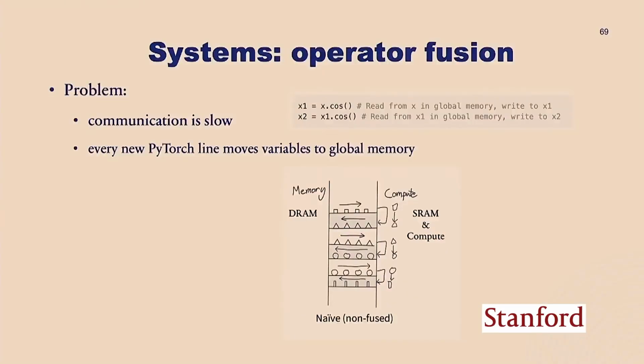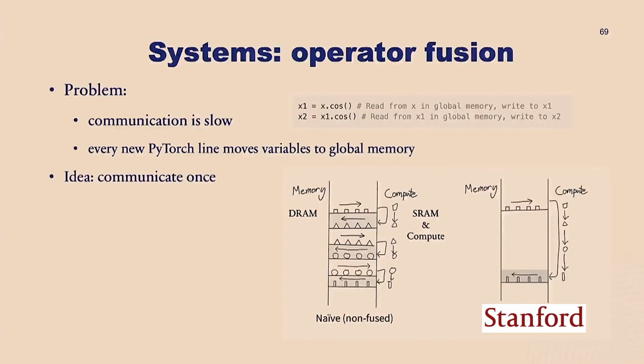Another way to see that is that you go from your DRAM, which is the global memory in your GPU, and you ship it to compute, and you ship it back for every line. This is a naive way of doing it. This seems very wasteful. So the simple idea of operator fusion is just to communicate, do all the computation, and ship it back once. And this is exactly what fused kernels are. So if you ever want to make your